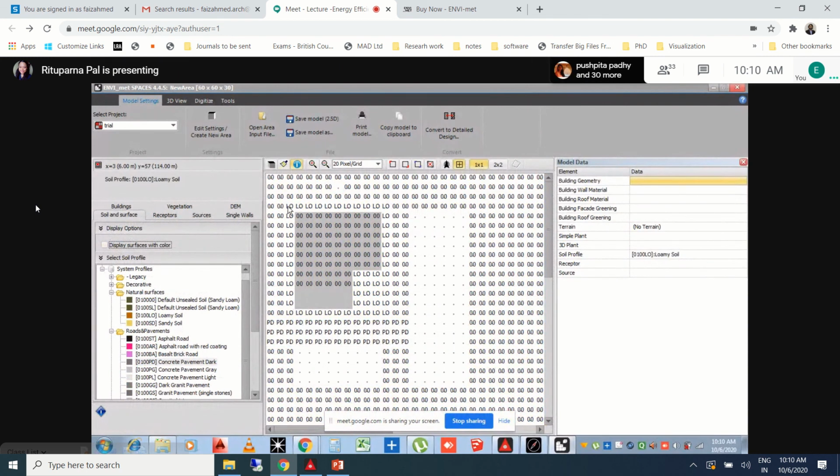I added the soil and the pavement and all, but I'm not able to see my building outline when I'm working on this. I can see it when I click under the buildings tab.